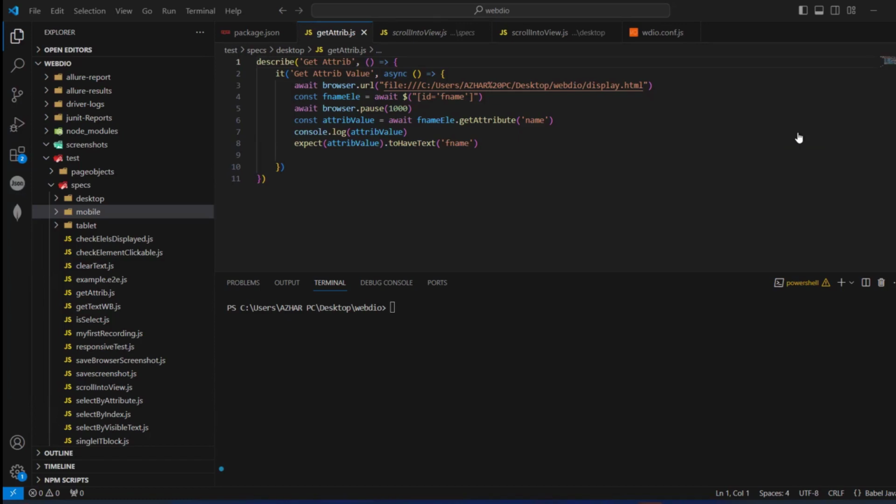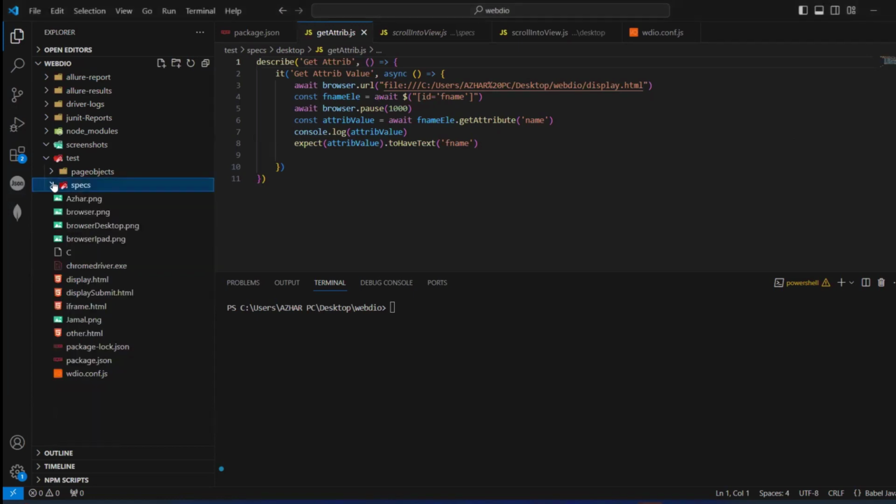Welcome back, guys. In this video, we are going to discuss how we can use switch window in WebDriverIO. Usually, you might be facing a scenario where you have to switch the tab of the browser to do testing in a different tab. How to do it? First, guys, let me create in a spec folder